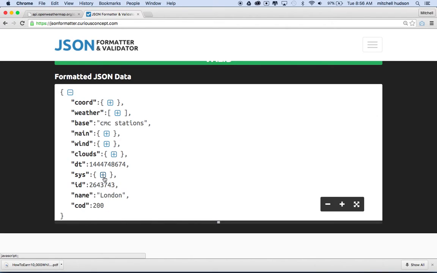JSON has some restrictions on how you can put information in it, but you can see that I've got this curly bracket at the beginning and a curly bracket at the end, and then all of the values are set up in name and value pairs. So there's a property name, colon, and then a value here. And then there's another property, a colon, and a different value, right? So this one right here is an object, and this is an array, and then this is a string that says CMC stations, and then